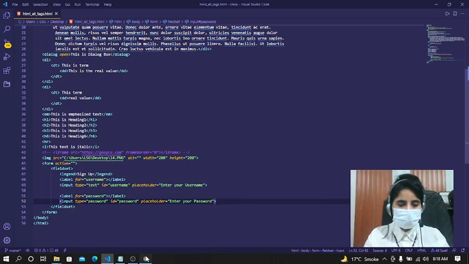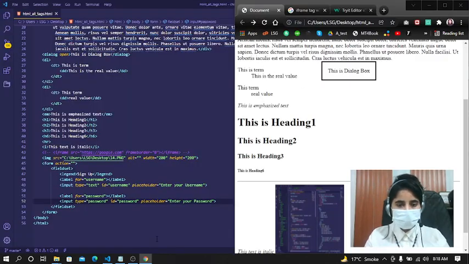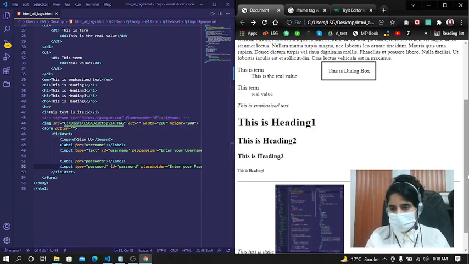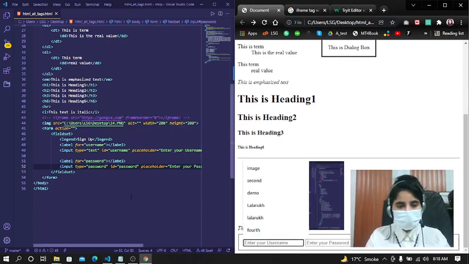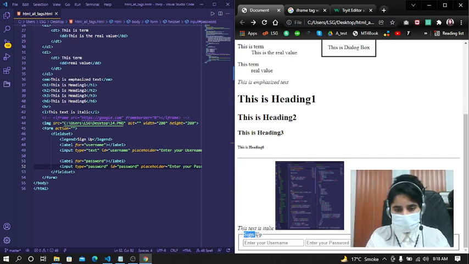Let's save it and see our output. So here we see that, let me tell you, in the fieldset, this is all the field. In the fieldset we have the legend sign up. So this was the legend which has the border around it, and we have the label, enter your username,